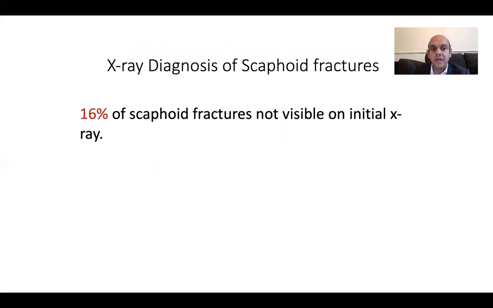In terms of X-rays, we're going to see in the next slide what views and what is their importance. But important to appreciate on day one, in up to 15-16%, 1 in 6 or 7 patients, the fracture line is not visible on the X-rays. So if the patient has pain in the anatomical snuffbox, important is to give them a plaster slab, see them in 2 weeks with a repeat X-ray. And if in doubt, even then get an MRI scan. Idea is not to miss a scaphoid fracture.